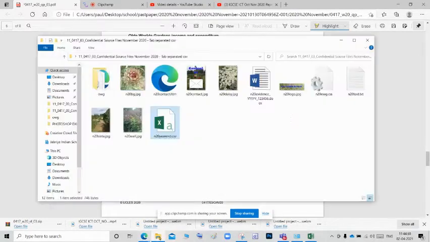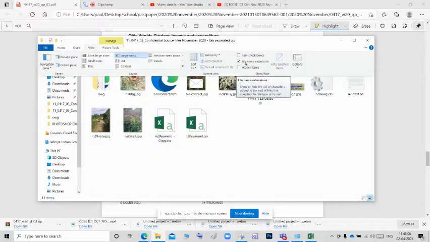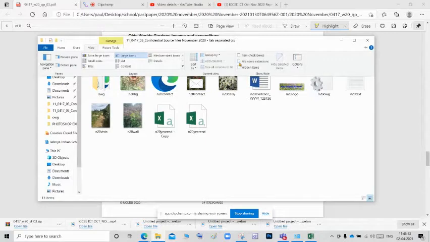So we go to the folder, copy this and paste. Now we have the copy, and we want to check whether the .csv extension is showing. If it is not, go to View. If I untick the file name extensions, .csv will not show. So again, go to View and tick file name extensions.